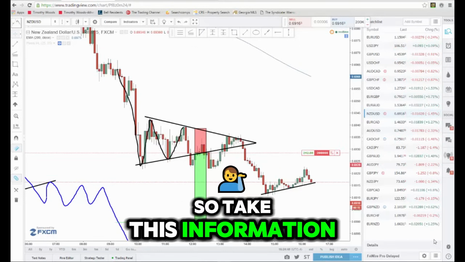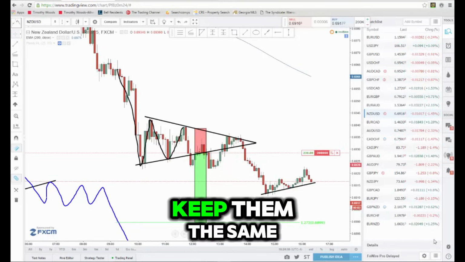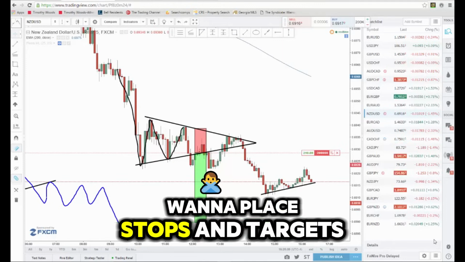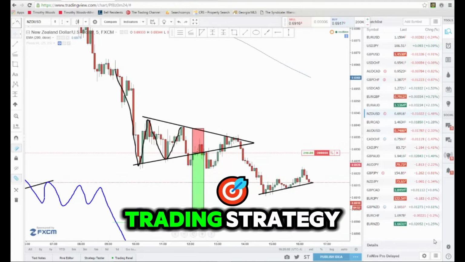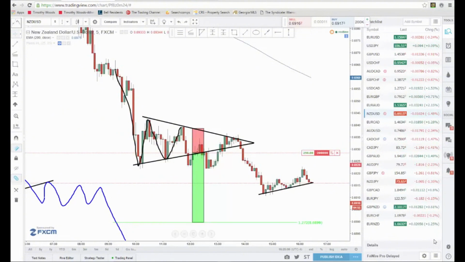So take this information, take these rules and change them, keep them the same, figure out how you want to place stops and targets for your simple pattern trading strategy, test it in the markets, keep me updated on what you come up with,